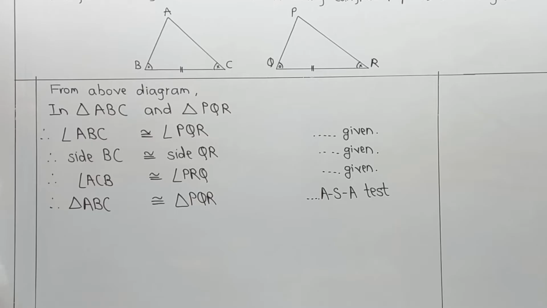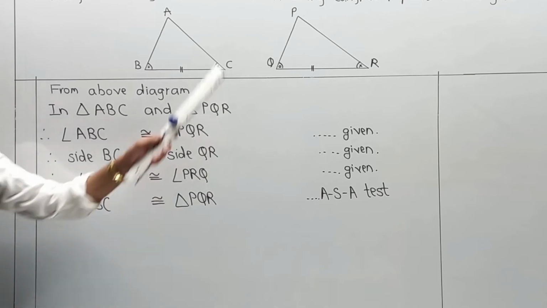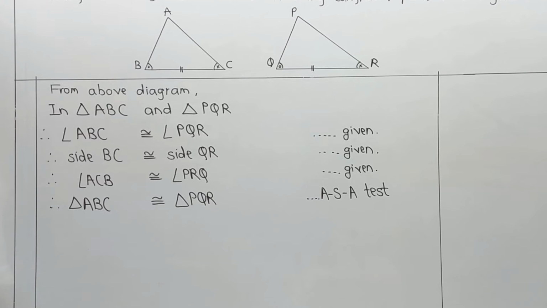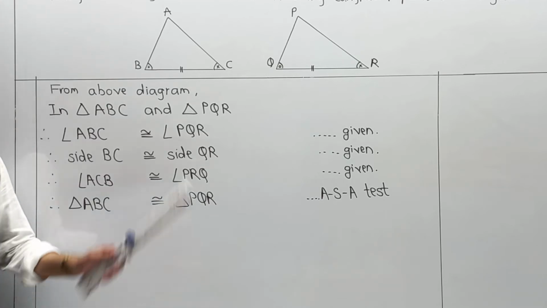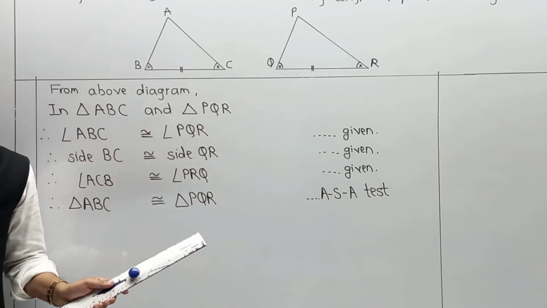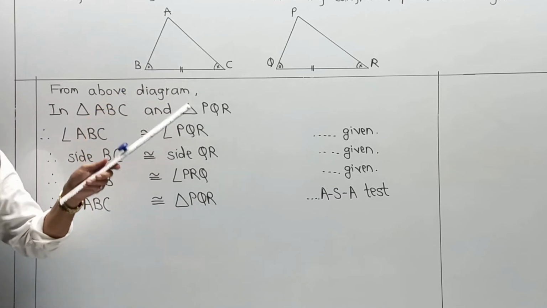of a triangle. In addition to that, they have asked you a question: write the remaining congruent parts of a triangle. It means we have to write the remaining parts also. We know that every triangle contains 3 sides and 3 angles, in which two angles and one side are already completed in a proof. So we are going for the remaining part.